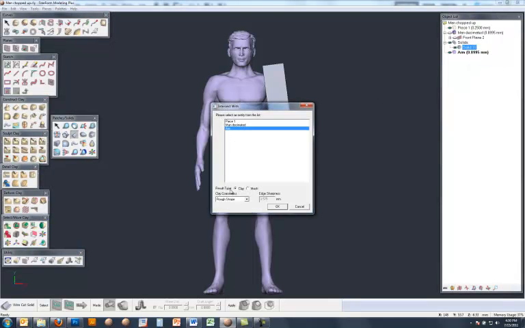Now here, when you do Booleans between different objects, in this case mesh and solid, it's saying, well, you can end up with a clay piece or a mesh piece. We want to end up with a mesh piece, and when we choose that, it gives us options for controlling the facet angle, because it's going to convert this solid piece into polygons. Well, this is a nice flat shape, so these aren't really going to mean much, but if this was a circular shape, then these may start to become important. But I'm just going to hit OK for now,